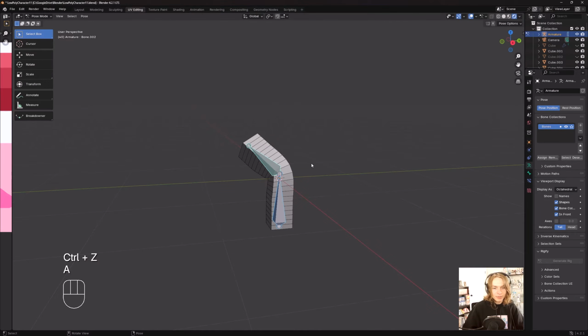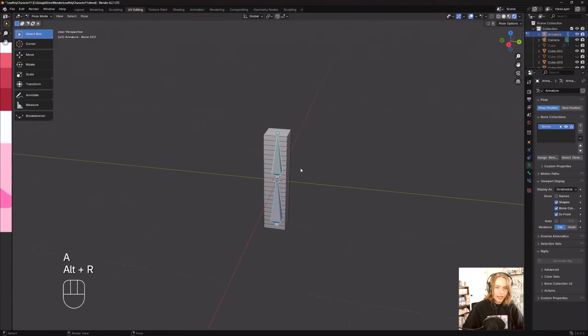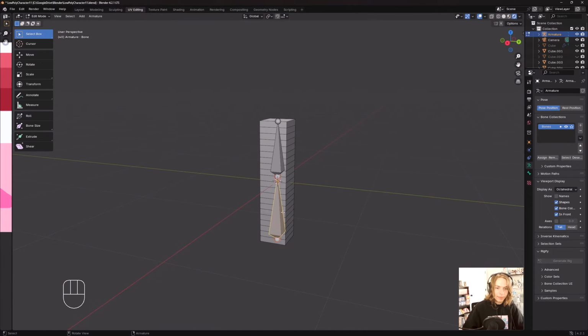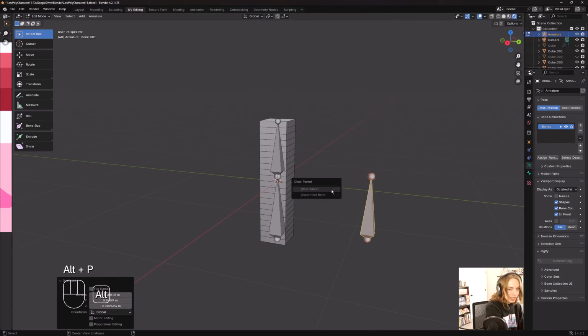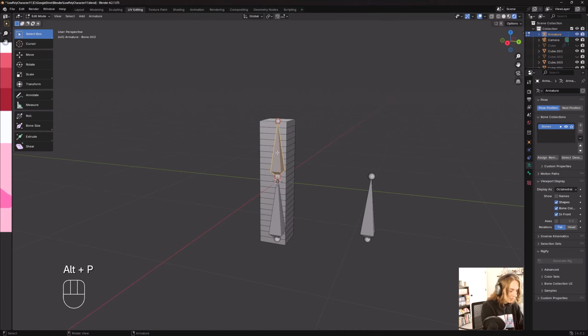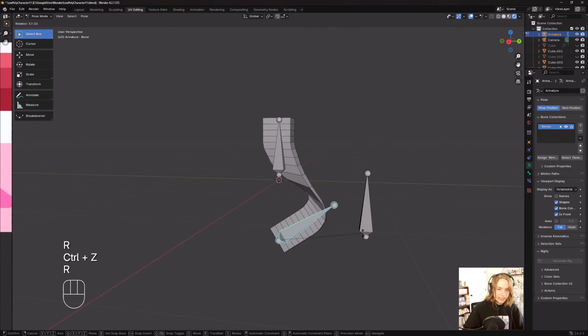So I'm gonna select all bones with A and reset them with Alt R. Now I'm gonna go back into edit mode by clicking up here. And it's important to note that you can also press Shift plus D to duplicate bones. You can press Alt plus P to clear parents. So for this bone in particular, Alt plus P, I could clear the parent. And if I go back into pose mode and try to rotate this, this bone will now stay in place,